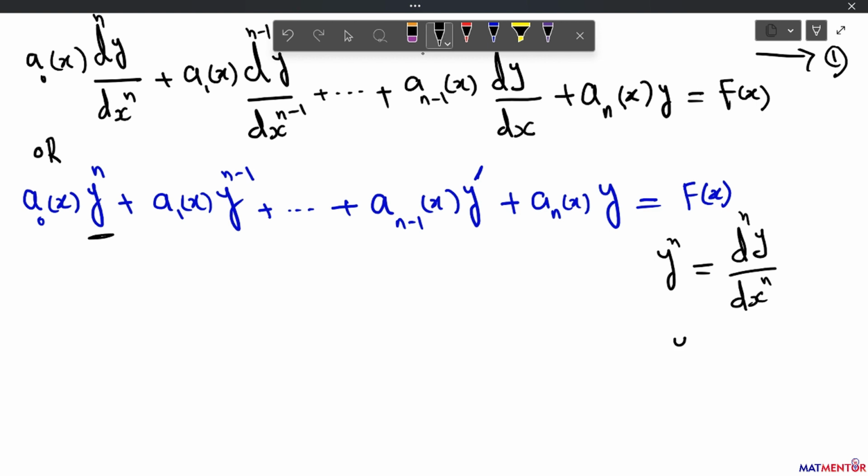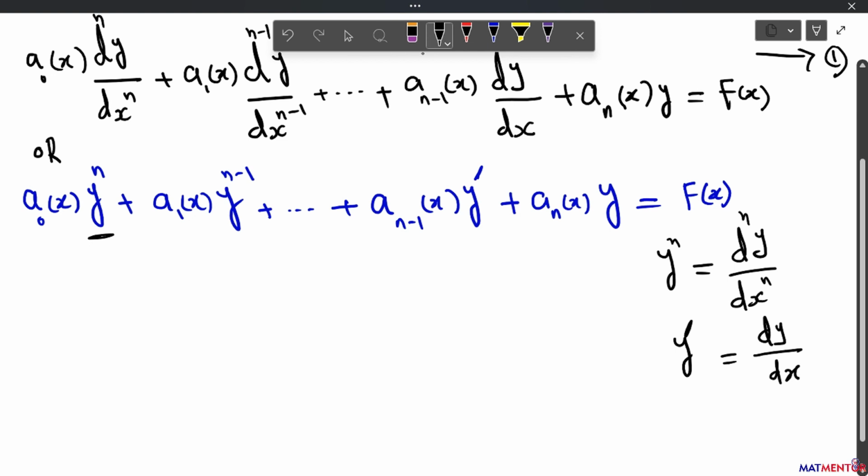Similarly, y prime means first derivative of y with respect to x. I hope now it's clear to all of you. This is basically linear differential equation of order n in the dependent variable y and the independent variable x. So dependent variable is y and the independent variable is x,